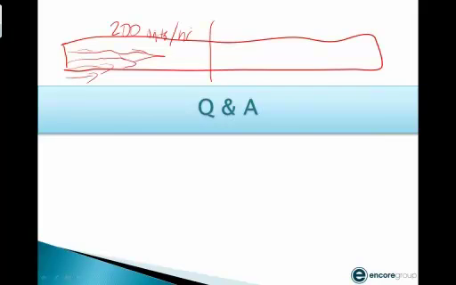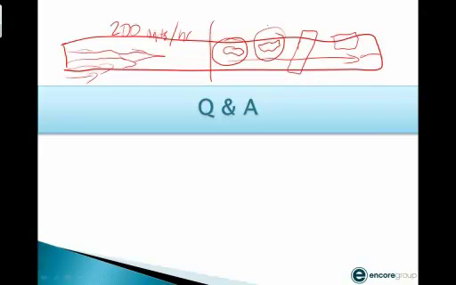But you get over here to the second part of the job and you start hitting some soft spots, or you can't get your compaction, you've got unsuitable materials, or you run into some differing site conditions down in here, and you run into some design issues over here on this side of the road. So instead of being able to flow through this project in a steady linear pace, you keep having to come back and rework this area, and then you jump back up here and try to continue, then you come back and work this area, and you can't get any of your productivity. So now you're down to getting 100 units per hour. So now you can look at that and say, down here at the beginning of that first mile,